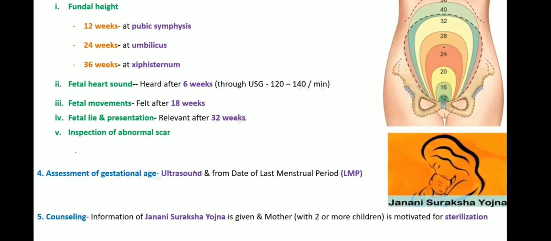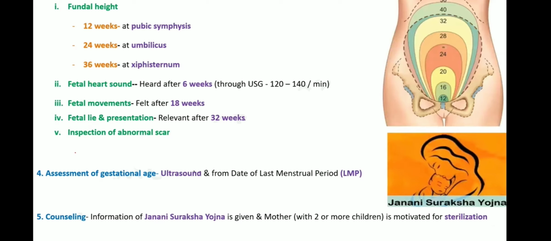Now moving on, in 12 weeks the uterine fundus will be palpable in the abdomen. In 28 weeks the fundus will be flat at the lower border of the umbilicus. In 36 weeks you can feel the fundus at the level of the xiphisternum. So the duration of the pregnancy can be expressed by the completed weeks here.